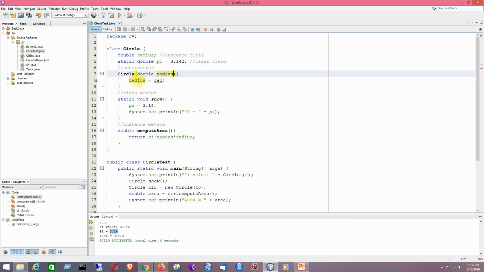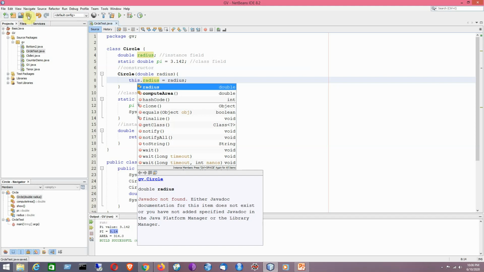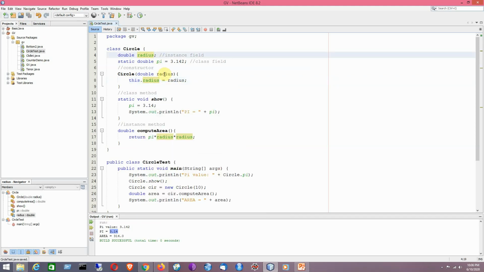So here I will be using the this reference to distinguish between the instance field and the local field, provided they are having the same name. Okay, so in that example I have made a slight modification, like if the instance field and the local field are having the same name, you can differentiate between them by using the this reference.